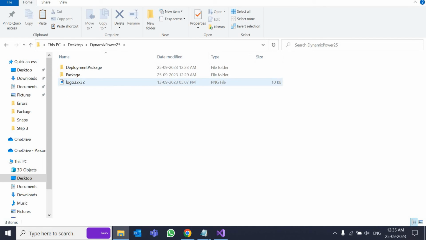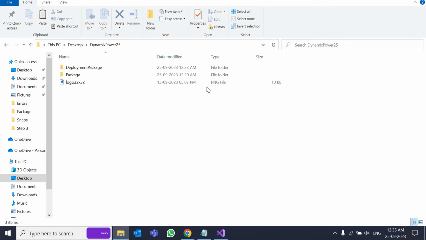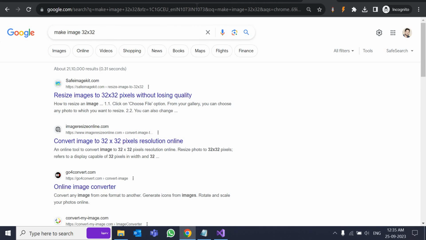If you are going to change it, then we have input.xml and one more, content types, where we also need to match it. So just to keep it easy, let it be logo 32 by 32 only, and it is in PNG format. Now the next step is